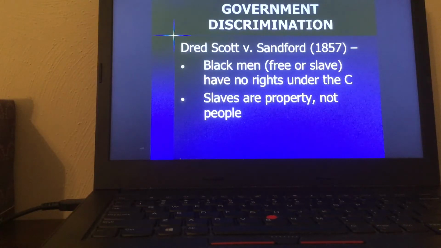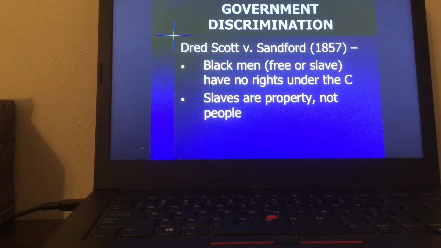So just as an example of where things were as far as racial discrimination back in the day. And you all know American history, you know the history of slavery, etc. But just to make that point clear, there was a Supreme Court case in 1857, just to make it clear how far we have come, even though we have a long way to go, that said that black men in America, whether free or slave, had zero rights under the Constitution. None. And also that black men who were slaves were not people, but they were property.